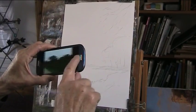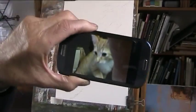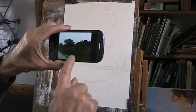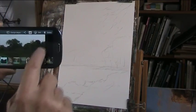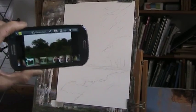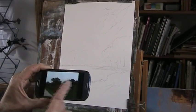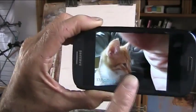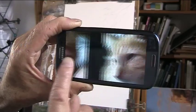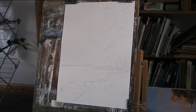Right, that's... Oh, there's little Harry this morning. Little Harry. He's still not well, but that was on the bike. This is a cycle pedestrian path here. I'm just trying to capture some of these autumn colours, but they're not fully blown yet. But let me show you some. They're the ones I did yesterday. It's Harry again. Harry, close up. There we are, he's a lovely little cat. Okay, so next week maybe there'll be more autumn colours in the leaves, but for this I'm going